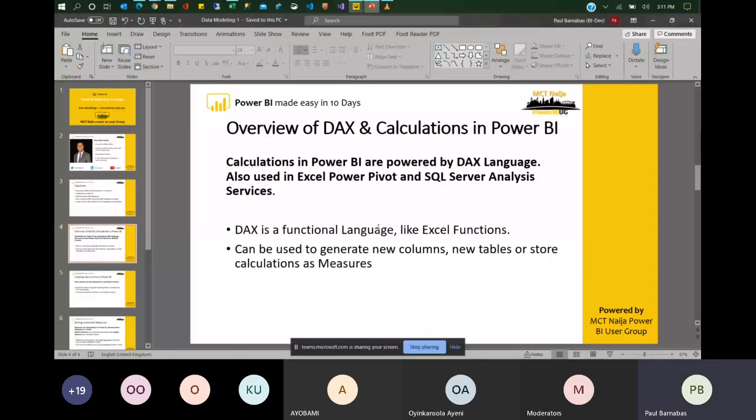So what's calculations? The calculation in Power BI are powered by DAX language and is also used by the Power Pivots in Excel or SQL analysis services. So if you can remember quite all right, when we were talking about Power Query, we were introduced to a language called M language in yesterday's class. And that is the language driving Power Query. That is the language that is essential for doing extraction and transformation and what is used to load data into